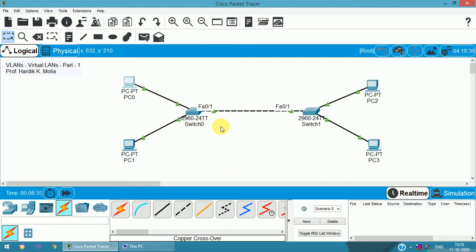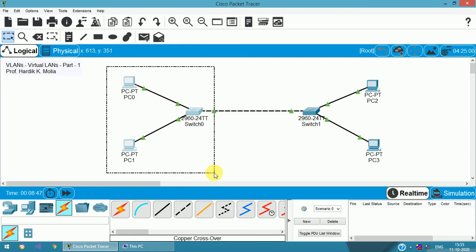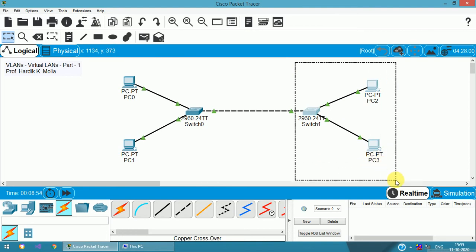You can consider this setup as a setup for a block. For example, we have a big organization and there is a block, and in that block there are two rooms. This is room 1, or you can say room number 0, which has two computers, and this is room 1, which has the other two computers.